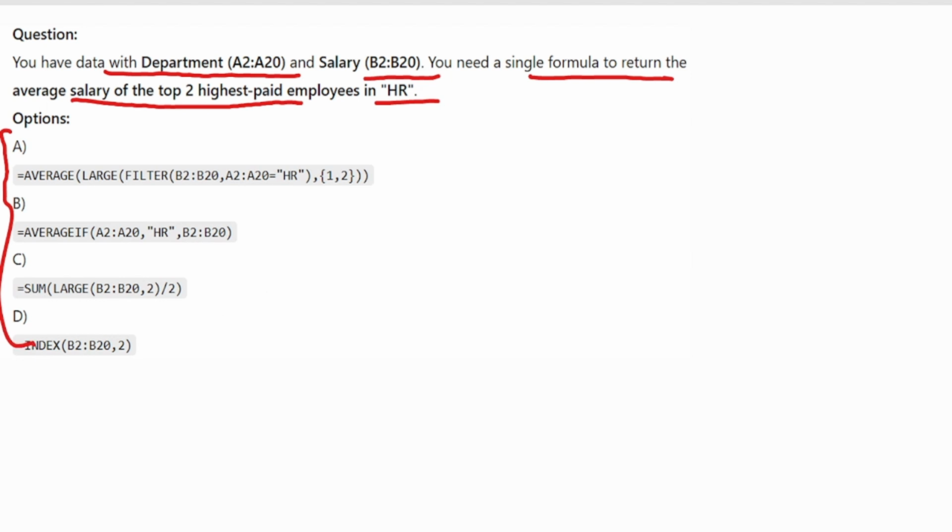So the correct option here is option number A, because option A filters the selected salary where the department equals HR, and LARGE picks the top two, because we need the average of the top two highest paid employees. So first we filter the salary with the department HR, LARGE is used to pick the top two values, and AVERAGE is used to calculate their mean. So the correct option here is option number A.